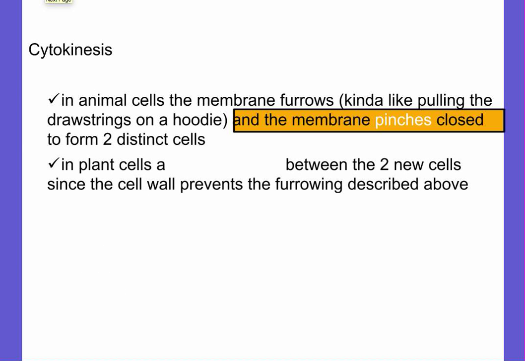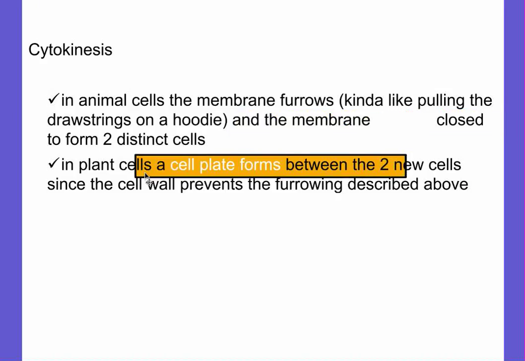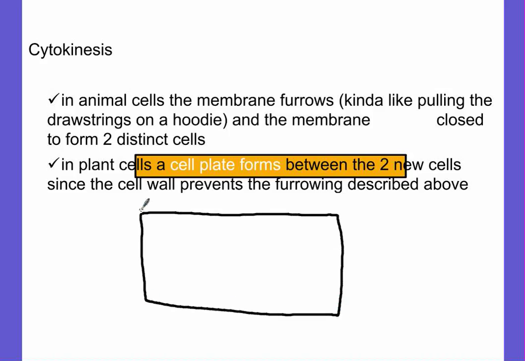The only thing left to take care of is to understand that plant cells are different than animal cells. So this last thing that we need to fill in here, remember, plants actually have a cell wall. So I'm going to draw another picture here. So that box shape right there is my cell wall for this plant cell. It also has a membrane surrounding the cell. But at the end of telophase,